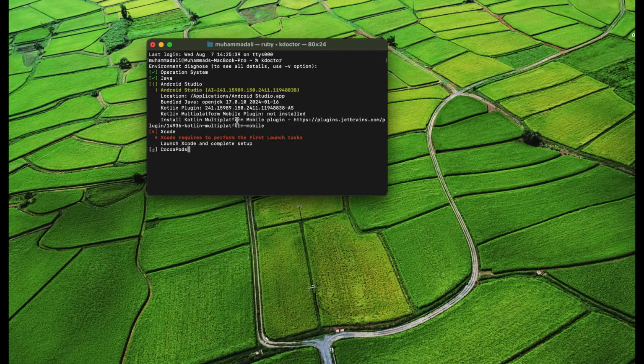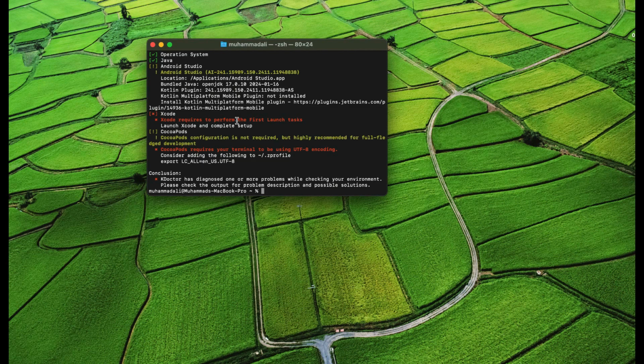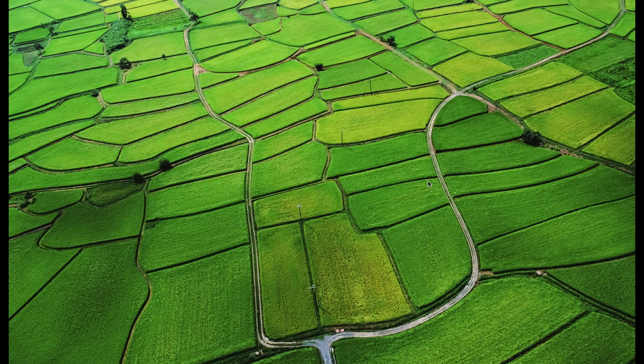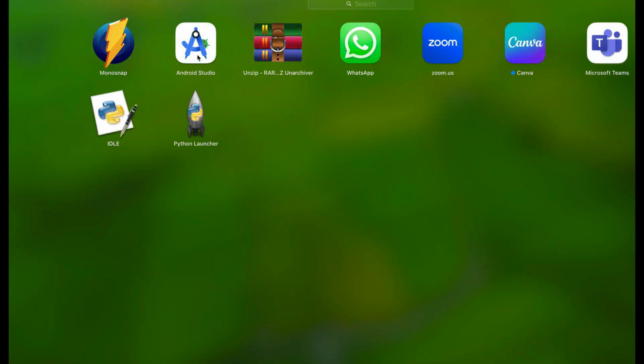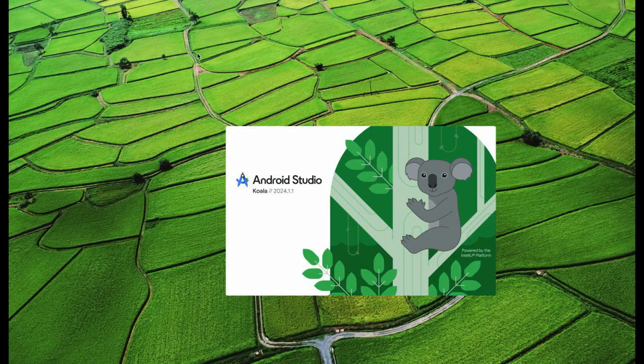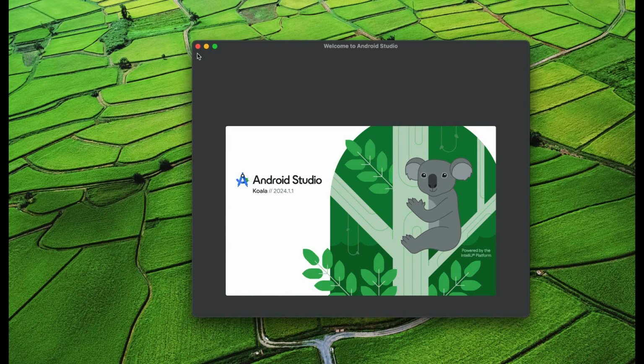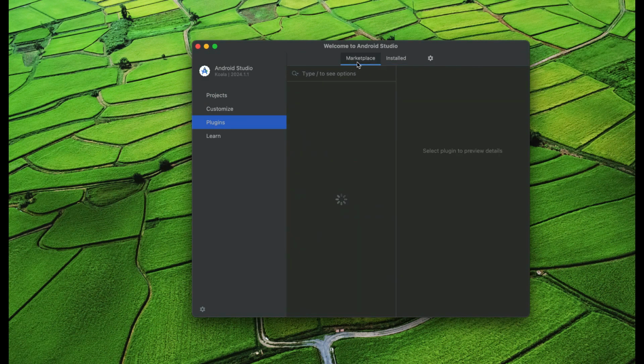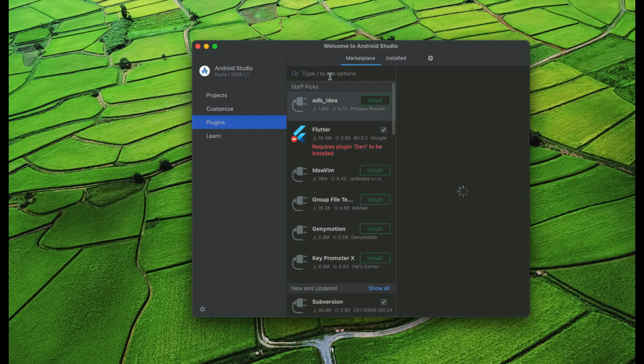So everything is set up correctly, as you can see. The operating system is done correctly, Java is done correctly, Android Studio is installed, and what we need to do is install the Kotlin Multiplatform Mobile plugin. In order to do that, open up Android Studio, and when Android Studio has opened, click on plugins, and in the plugins click on marketplace, and inside the marketplace simply